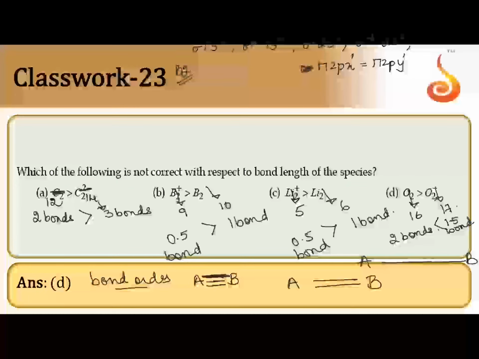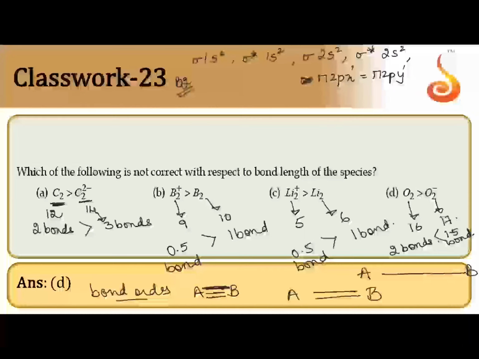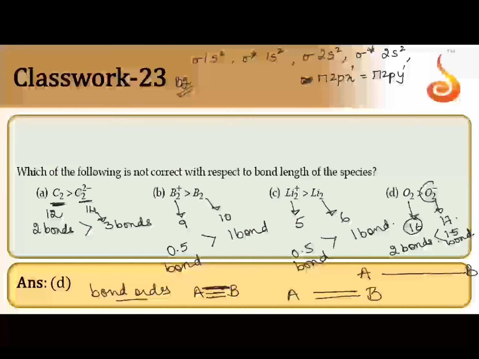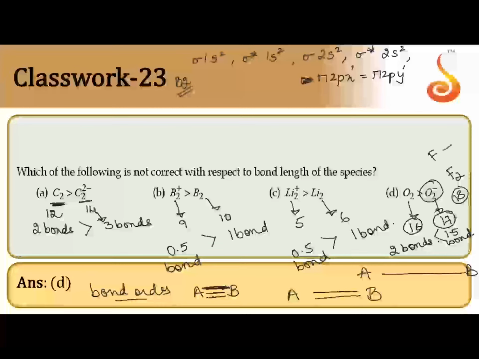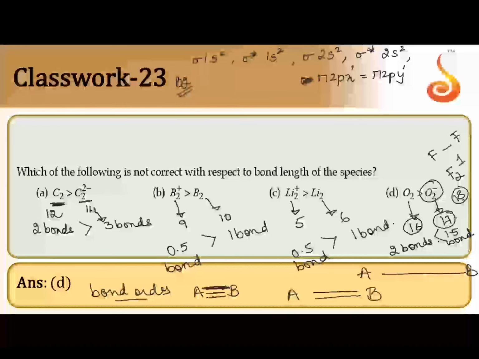How 1.5? Okay, children, what we can do here is, see, oxygen is 16 electrons and O2 minus is 17 electrons, right? Now what comes next? 18, right? So which molecule has 18? Fluorine, F2. And between fluorine and fluorine, how many bonds are present? One bond is present. Agreed? So with 18 electrons we have one bond, and with 16 electrons we have two bonds. With 17 electrons, we will have an intermediate 1.5.